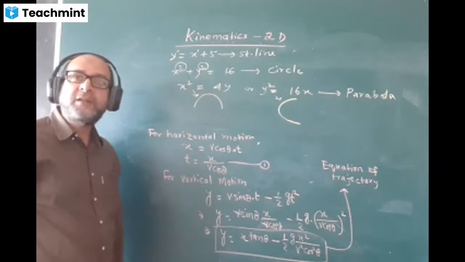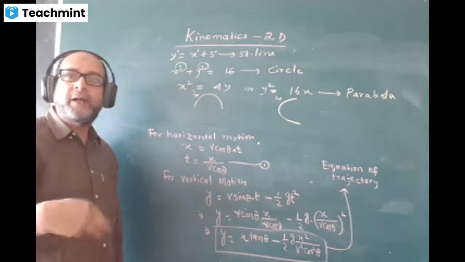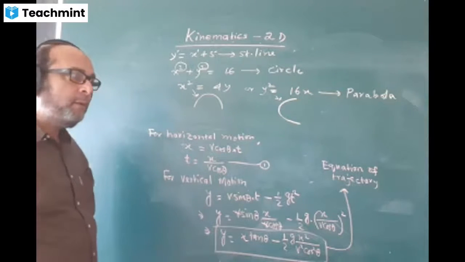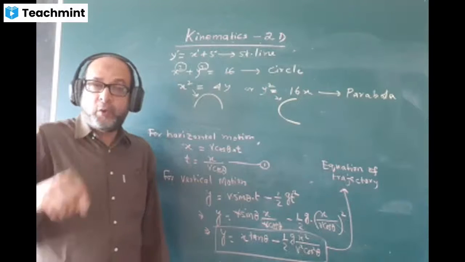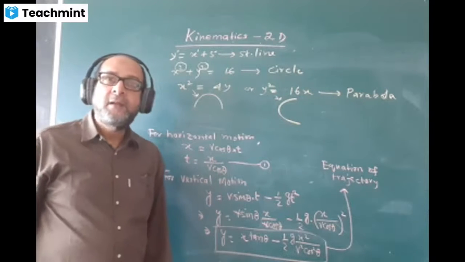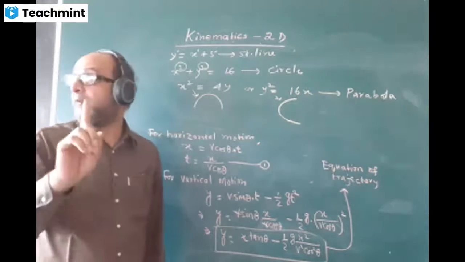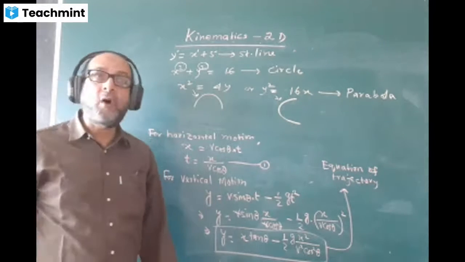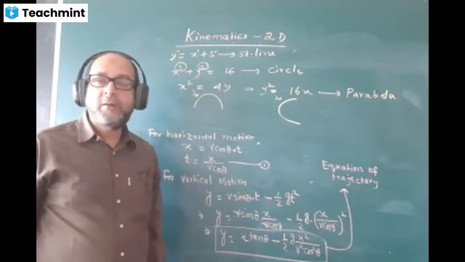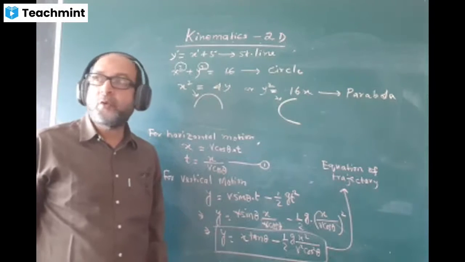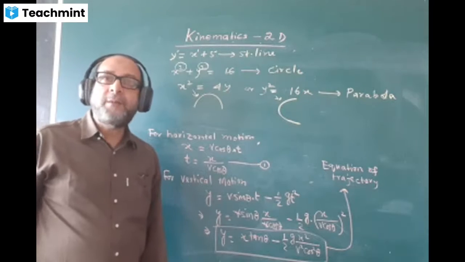There are other figures also, other situations you will come to know later. But the point is, when the power square comes in only one of the variables, either in y or in x, the path becomes a parabola or parabolic. The locus is a parabola, we say. Or the path will become parabolic.